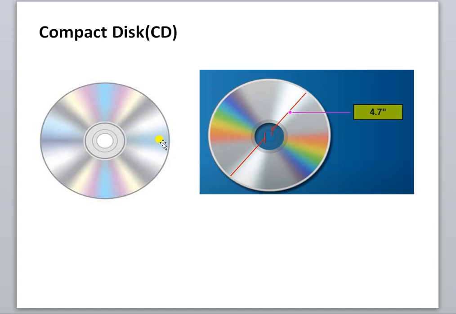Floppy disk capacity is 2.88 megabyte and CD's capacity is 700 megabytes, and its diameter is 4.7 inches. You can see this is the diameter, and you can store text or sounds or images, videos in this CD. CD's capacity is more than floppy disk.